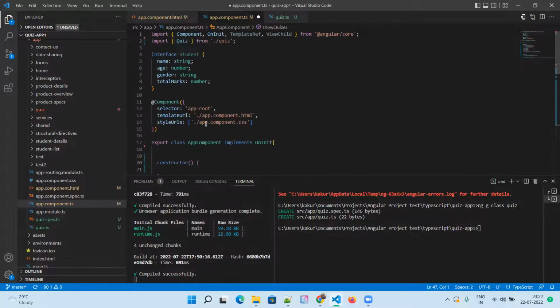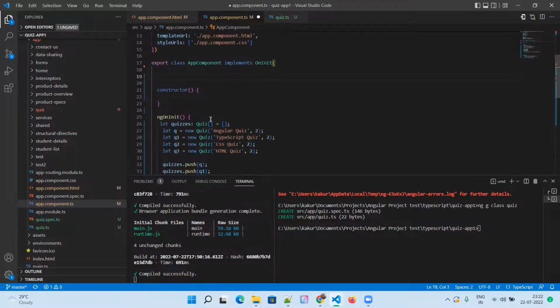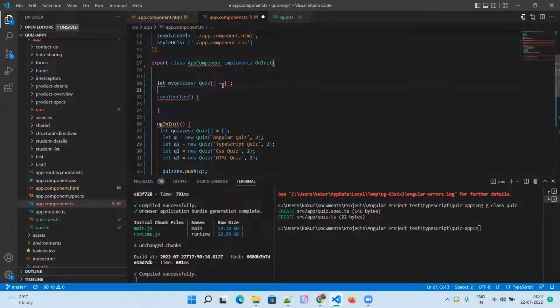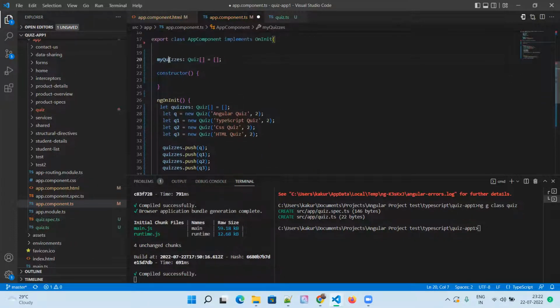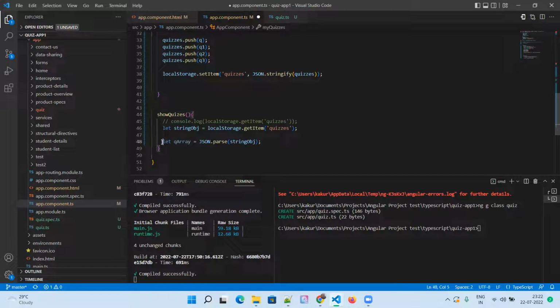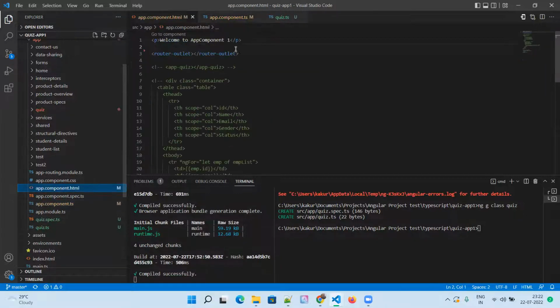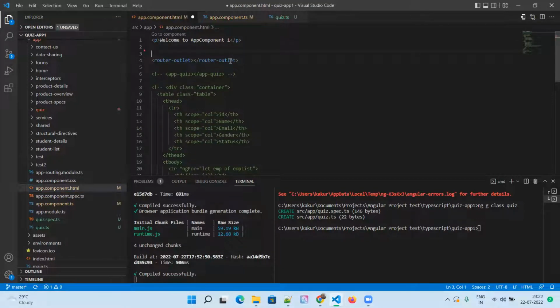Yeah, let me define a global array of this one. Let me change it to my quizzes. Now defining a global variable, we should remove let operator. This dot my quizzes equals this one. Now I can use this in my app component.html, and here I can use